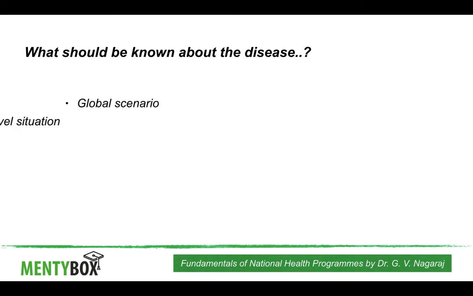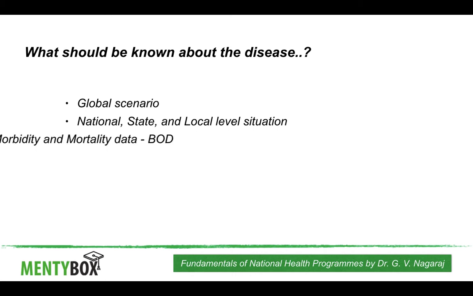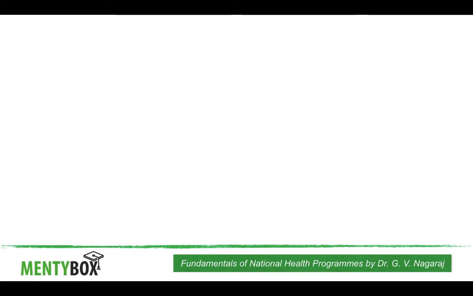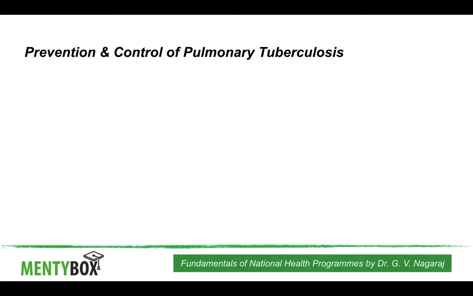What should be known about a disease? First, we have to understand the global scenario. Then we have to understand the national problem, state level problem, and local level situation. What is the morbidity and mortality data, that is one. Then epidemiology, natural history of disease. What are its clinical features, diagnosis and treatment? How do you do prevention and control? For example,